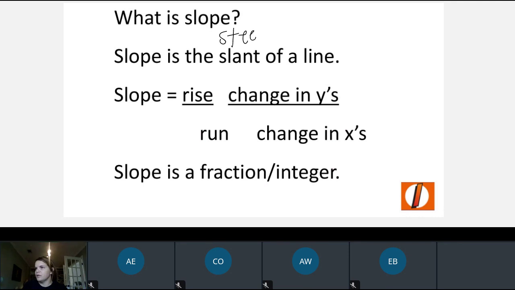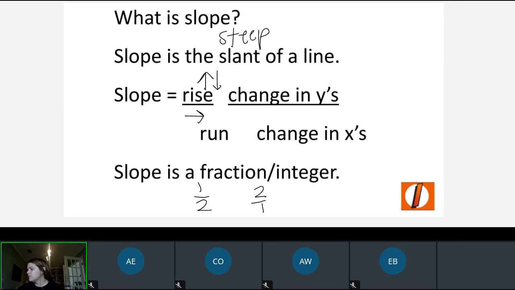Okay, so it's how steep a line is. Slope is going to be rise, meaning we're going to go up or down, over run. We're going to always go right. Okay, and we're going to leave it as a fraction or an integer. So we want to leave it as 1/2, or we want to leave it as 2/1, or just 2 is